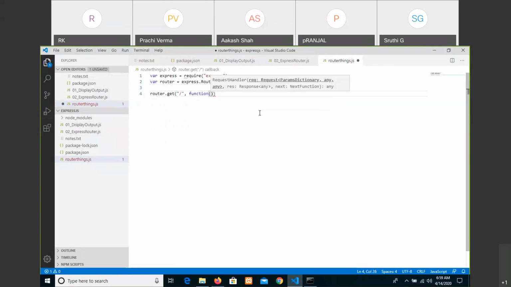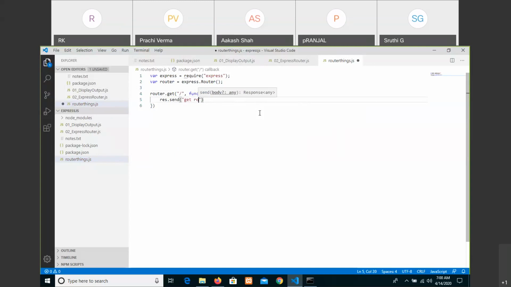Write a callback function again, request comma response, and then response dot. In this format, we are not writing any functionality. We are just linking from the main URL into a sub functionality. Here we are just passing that output.